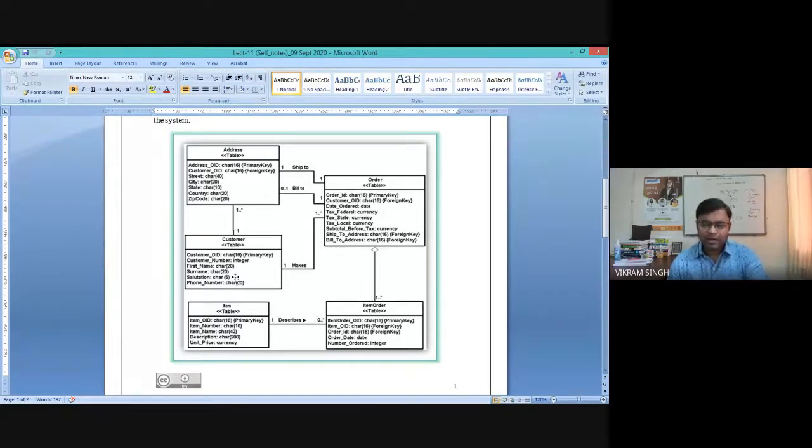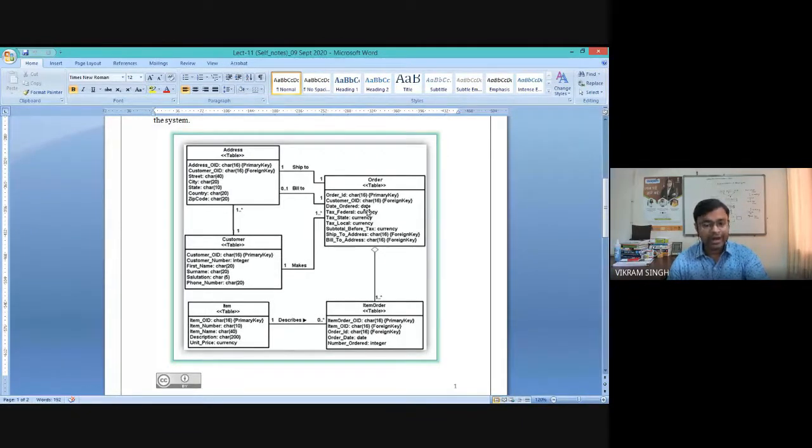So here you can see we have 5 entities, and within each entity, like in the order entity or order table, we have kept a lot of attributes. The attributes are mentioned, their data types are mentioned, and their constraints are also mentioned, right? So this could be one representation of a logical schema, right?